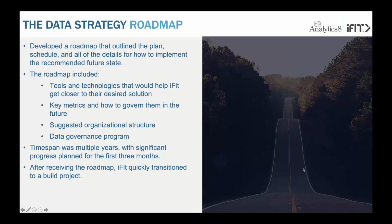And Chase, before I turn it back over to you, I do want to highlight the number of things that you and your colleagues have done really well as part of this process. Of course, it would be fun for me to try to take all the credit for the great work that we've done for iFit. But at the end of the day, having Chase and his team participate